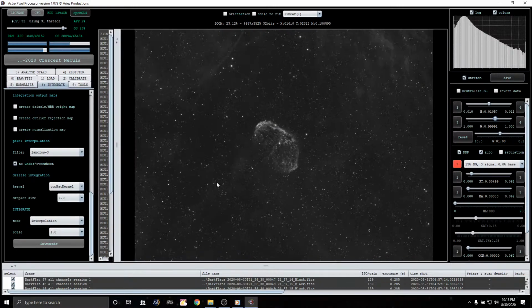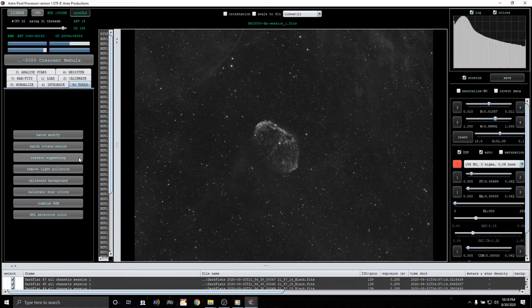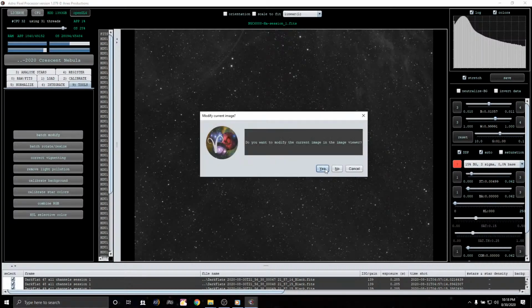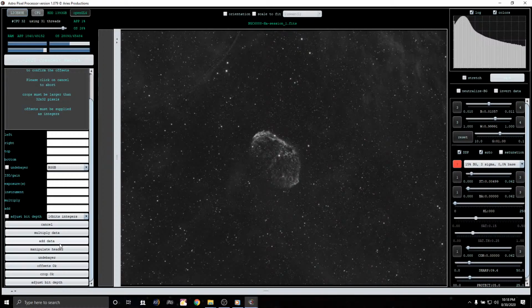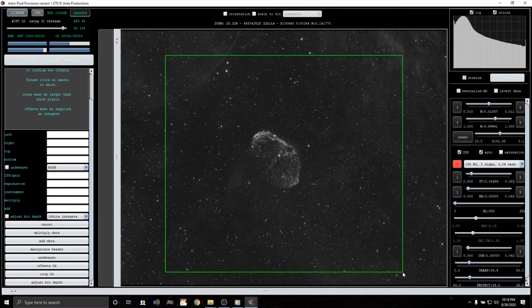So I'm not going to spend all day. I could spend all day sitting here processing this image, but what's the point? I'm going to go over here and I'm just going to crop it. Say yes. And what do I want to do? I want to do a crop. I want to do a square crop, but